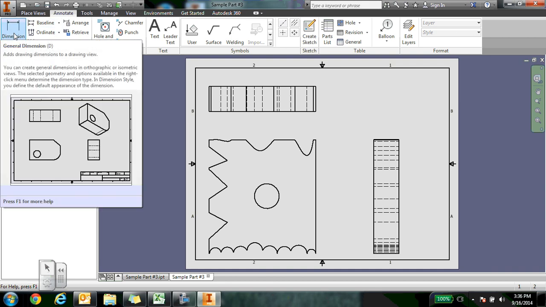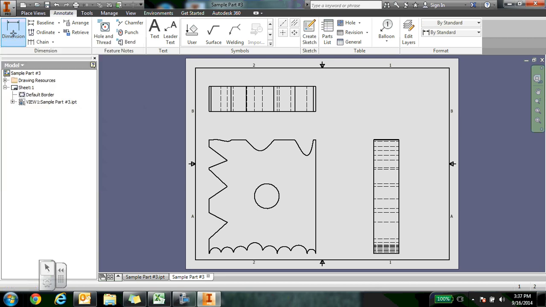Now, I do want you to try to follow the dimensioning guidelines as best you can. So we're going to click on the dimensioning tool, and we're going to start with dimensioning the front face. On the front face, I can dimension the height. So I can click on that side and pull it out. And I can dimension,